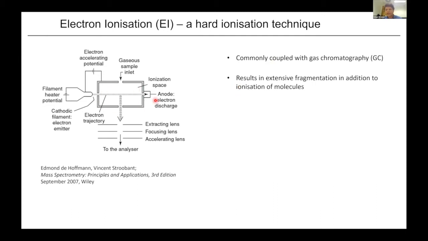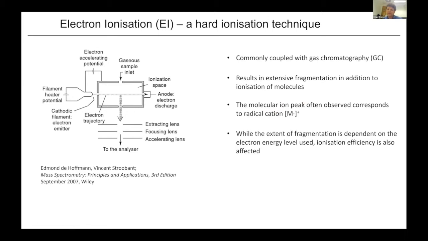One of the potential drawbacks of electron ionization is that it leads to extensive fragmentation in addition to ionization of molecules, and we'll be looking at a spectrum on the next slide for that. Often you still observe a molecular ion peak that results from shooting away a single electron from the molecule, resulting in a radical cation. As I mentioned, it's often observed, it's not always observed. If the molecule is relatively sensitive, that might lead to extensive fragmentation